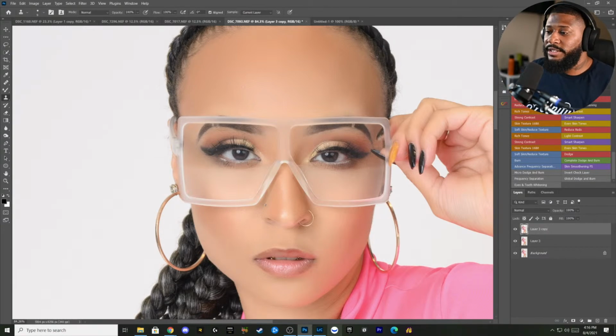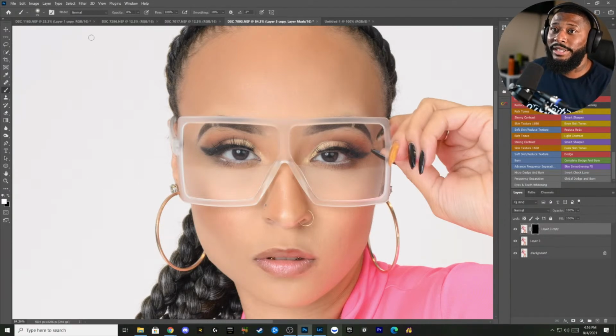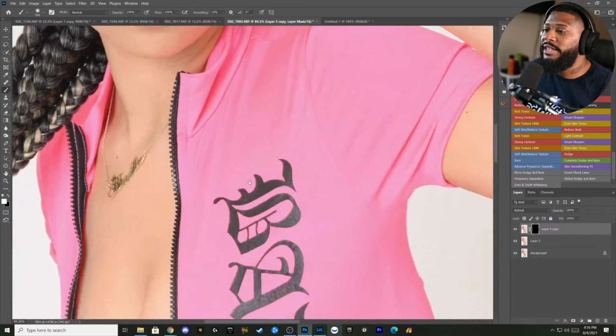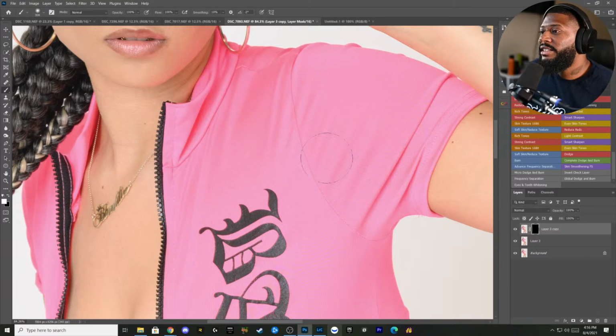Now, the thing about Portraiture that makes me like it a lot is the way the process goes with it. How I was clicking different parts of her skin, it's only going to soften that area. What you want to do after you do this is you don't keep it like that. You mask it. You go to your regular brush and put your brush back on 100% if it wasn't there. If I was to come over here to her pink shirt and do this, nothing's going to happen because it's literally only softening the colors of her skin that we chose. So that's a thing that I really like about Portraiture, I can literally go over all of this, but